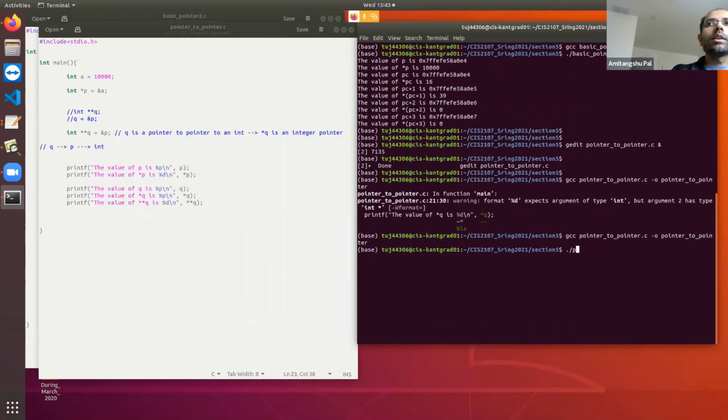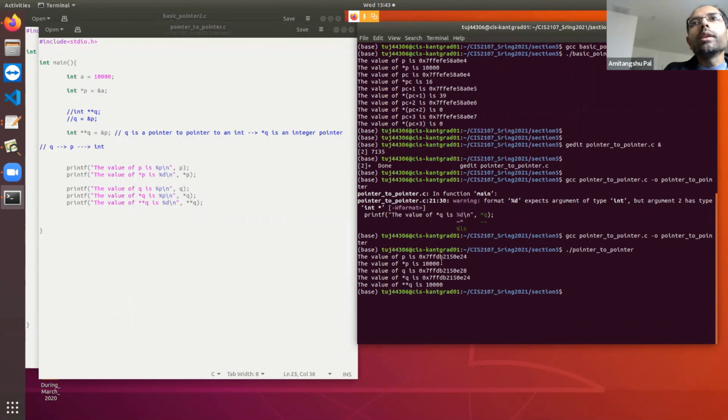And now if I write pointer to pointer, you can see that p is pointing to this address. *p means value at the memory location pointed to by p, which is 10,000, which is basically the value of a.